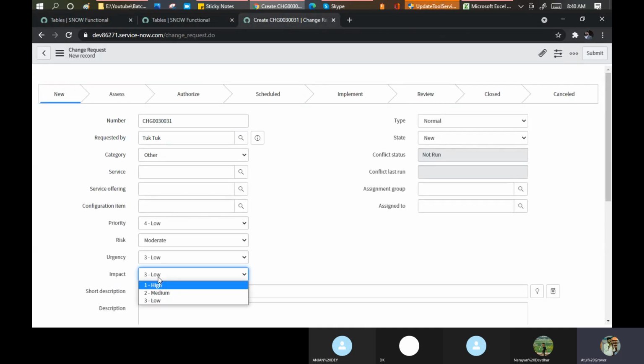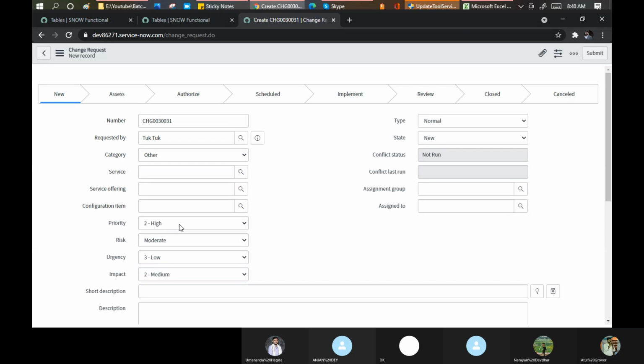But no impact exists for 4, so this particular lookup will not work for me. If I click 2, it becomes 2. If I click 1, it becomes 1. If I click 3, it becomes 3. That is the number one mistake which we made. The value should be according to ServiceNow only: 1, 2, 3, 4. No 0 value exists in that part.